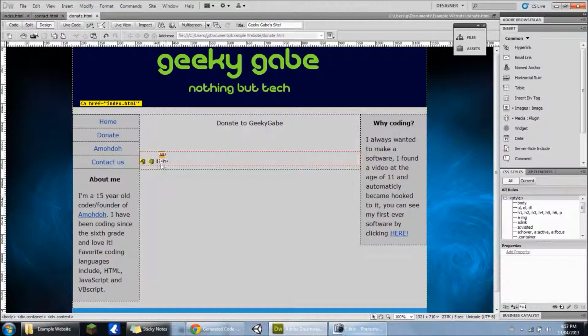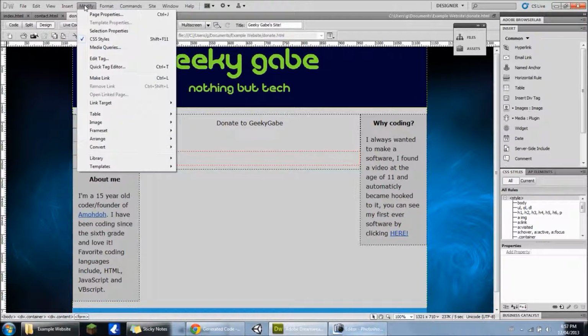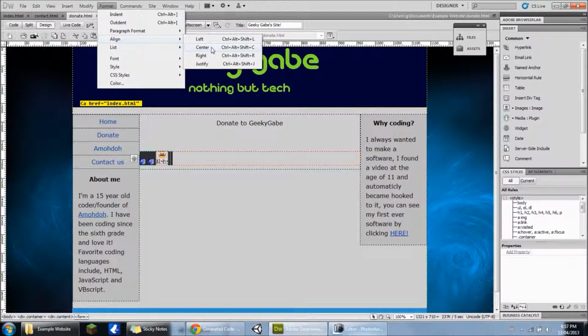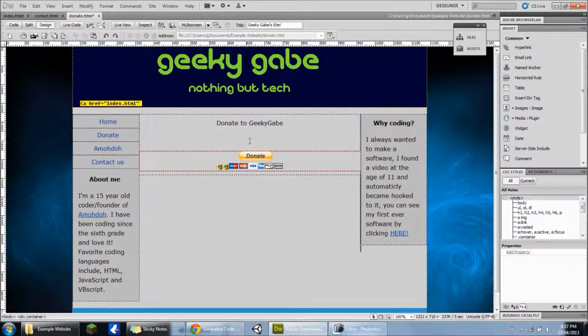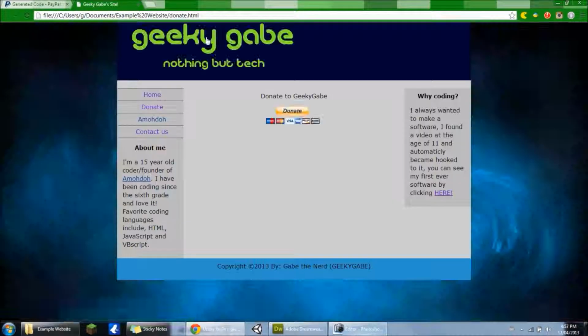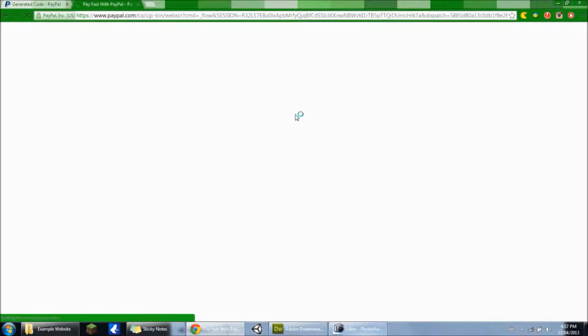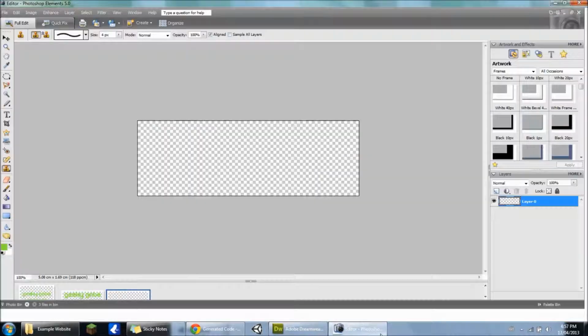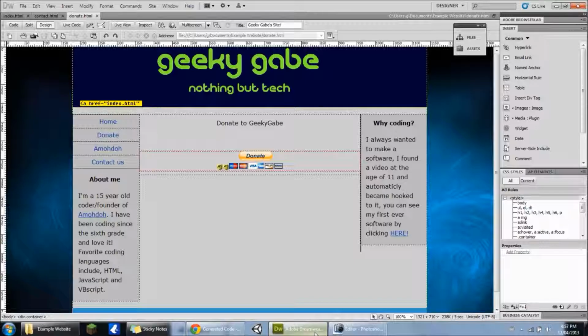So if we look at our design, there we have it. We can just grab all of it. Format, align, center. There we go. Save that off. Open up in Chrome. Now we have a donate button. Click the donate button. You put your donation amount. But what we want to change here